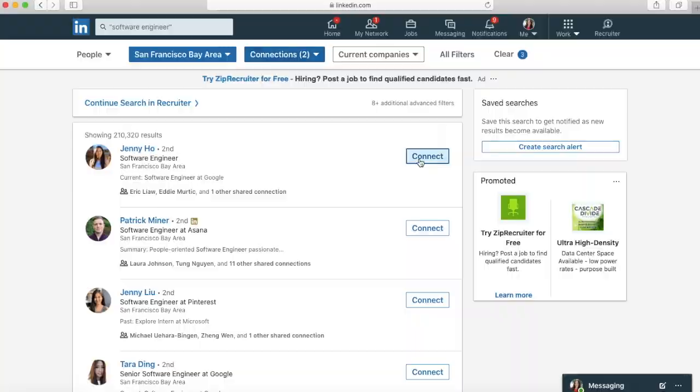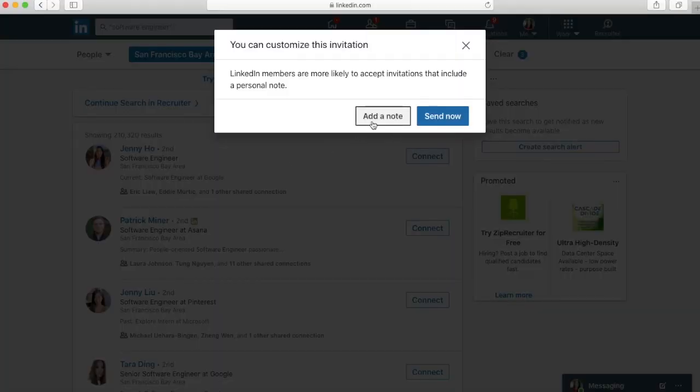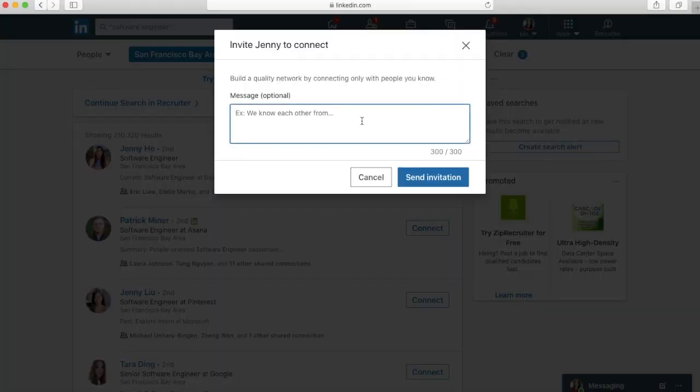And what I would do is I'm going to go ahead and connect. Now, what's super amazing about LinkedIn right now is back in the day when you used to add people, you could send them a message, but they may or may not see it, and the chances of them seeing it were pretty slim. Not anymore, and that is so exciting. I think this is like just a month ago they rolled this out. But let's say I want to put,